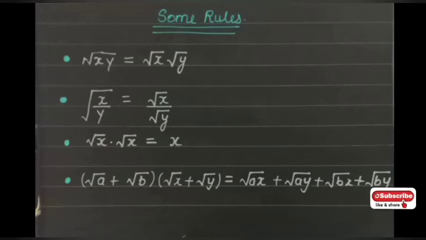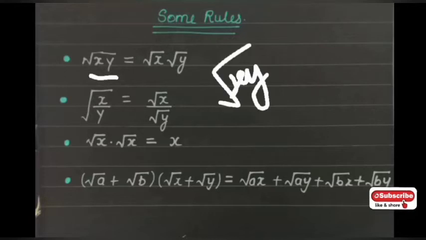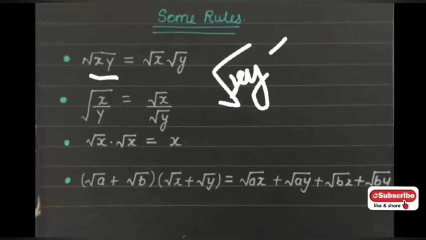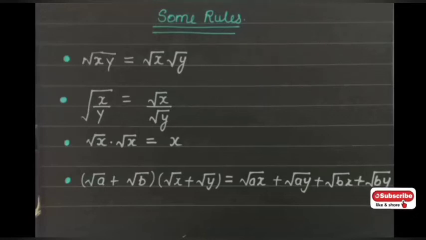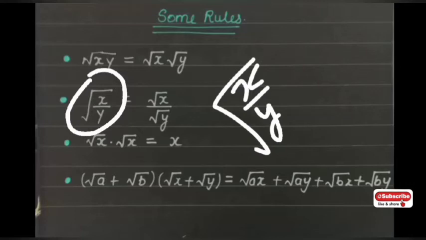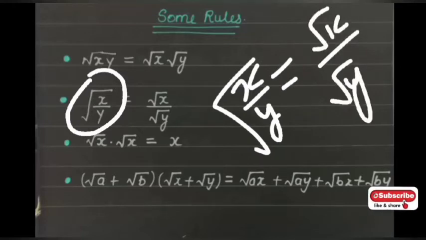Over here we have root x multiplied by root y, meaning the product xy is in the root. So how can we derive it? If we have xy under root, then we can write root x multiplied by root y, separately. Similar thing can happen for the fraction of division. Over here we have x by y, the fraction which is under root, and you can write it as root x by root y separately.